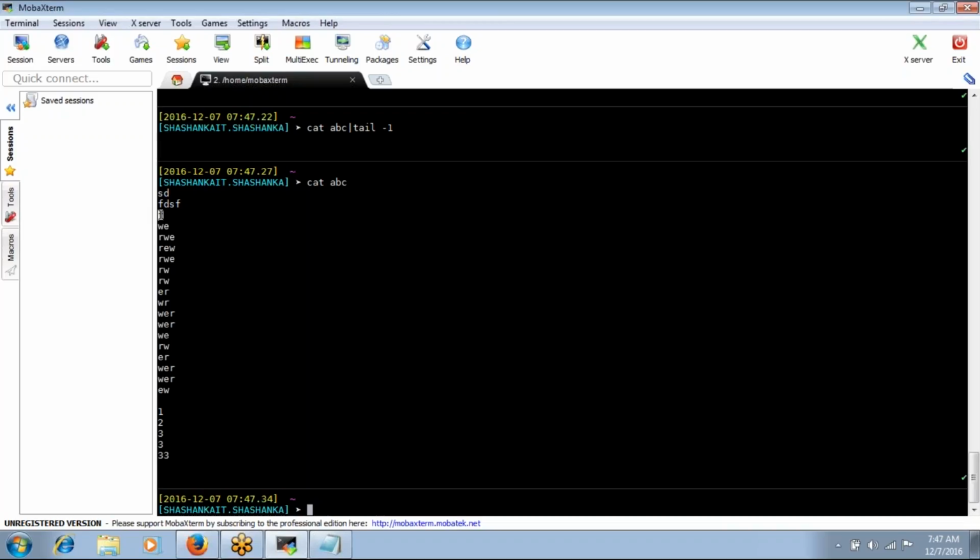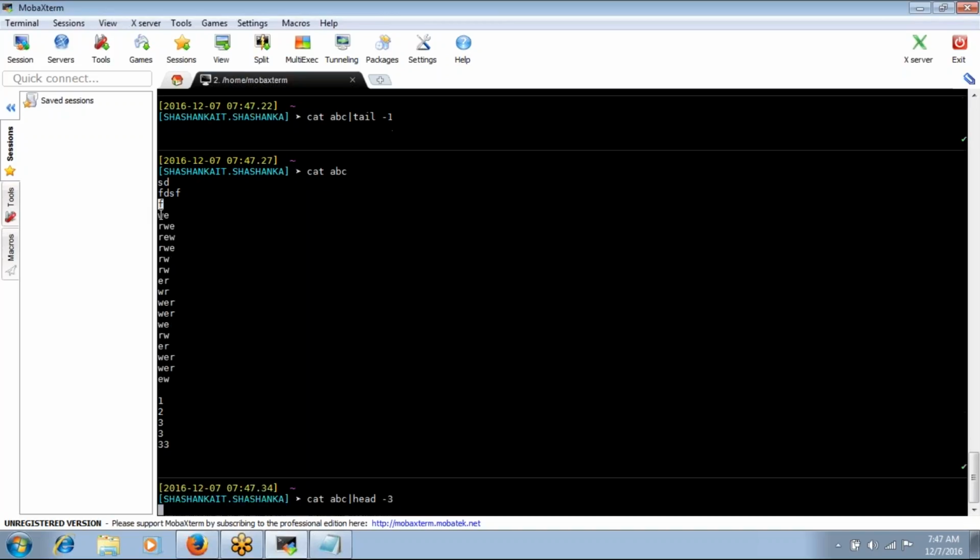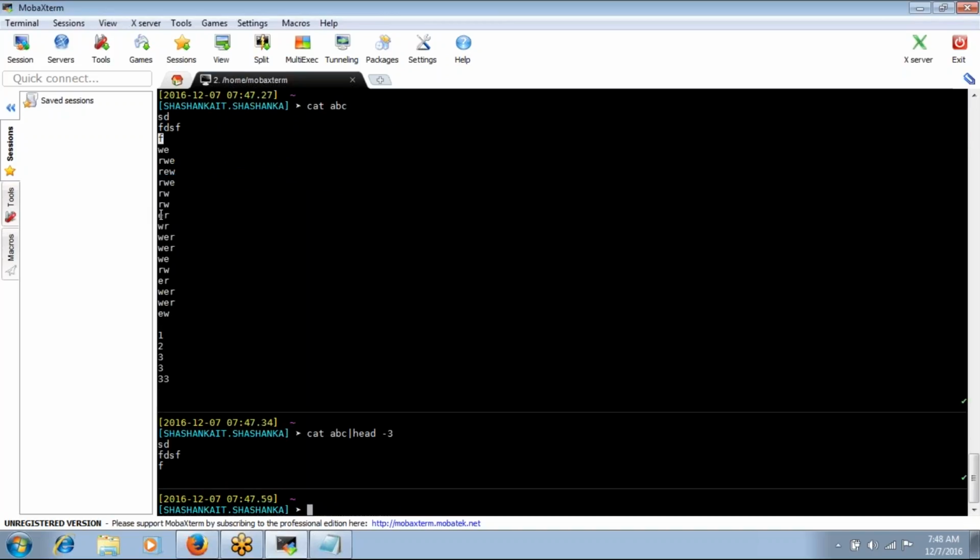Cat abc, pipeline, head minus 3. Then it will display the first 3 lines, right? But I want to display only the third line. You can use the pipeline and give another command, right?